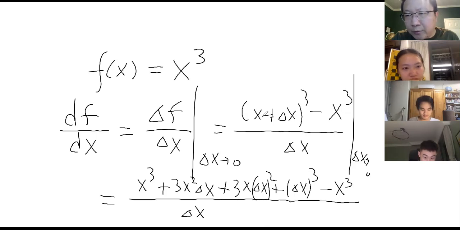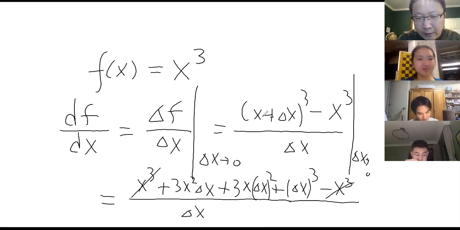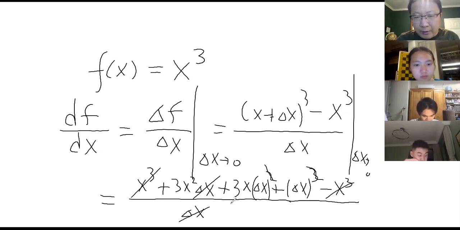If you don't know, you just do (a plus b) times (a plus b), and then times another (a plus b), okay? So now the x cubed terms cancel out, right? And then everyone has a delta x to cancel out. This one becomes power 1, this one becomes power 2, right? So now if delta x approaches 0, this one is gone. This one, of course, is gone. And the only thing left is